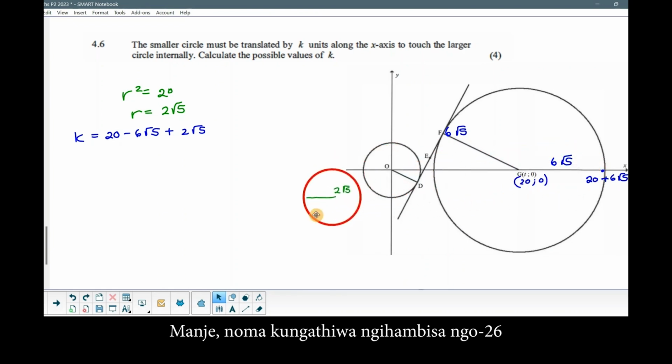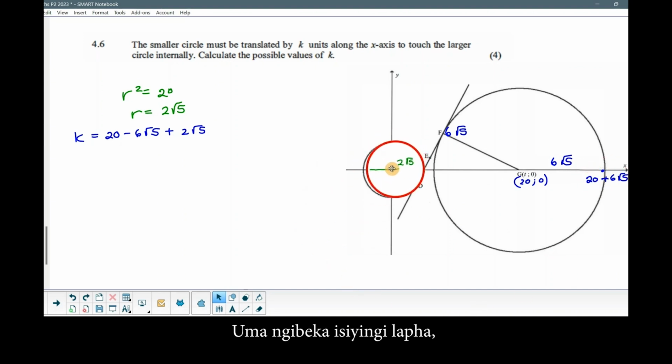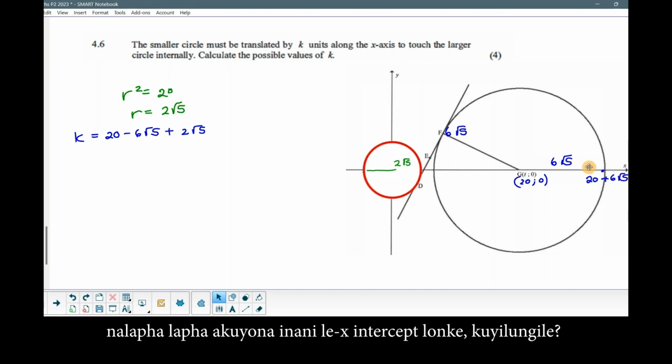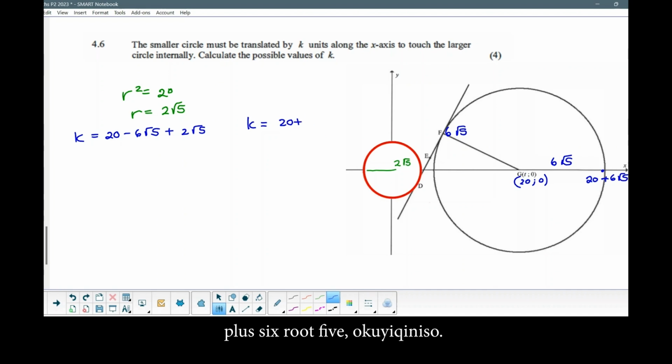Now, even though it seems like I'm moving it 20 plus 6 root 5 units, I want you to notice something. If I place the circle here, the distance between 20 root 5 and this point here is not the entire x-intercept value, right? So my k value, if I'm going to shift this graph, k is equal to 20 plus 6 root 5,